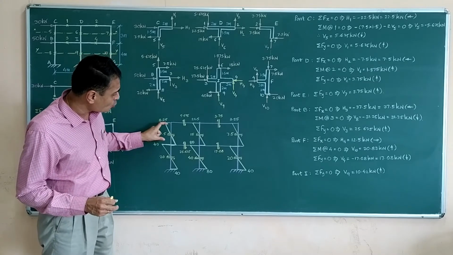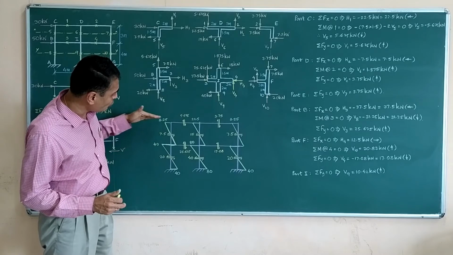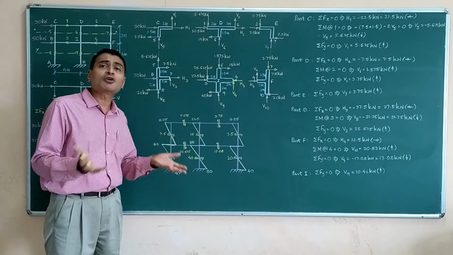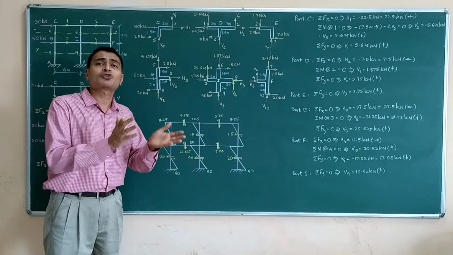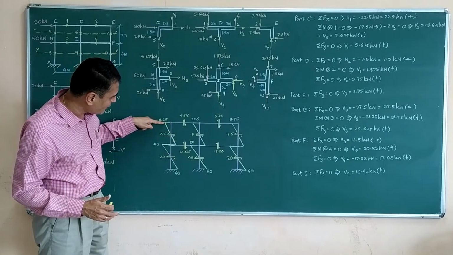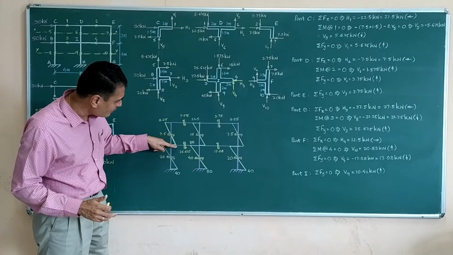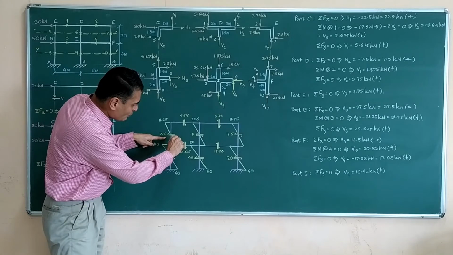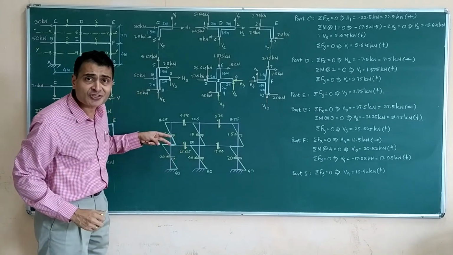And since there is no load on this span, loads are only acting at these joints, so there is going to be linear variation because we have point loads acting at the joints. So I have linear variation 11.25, negative 11.25, because this is 7.5 rightwards multiplied by this distance.